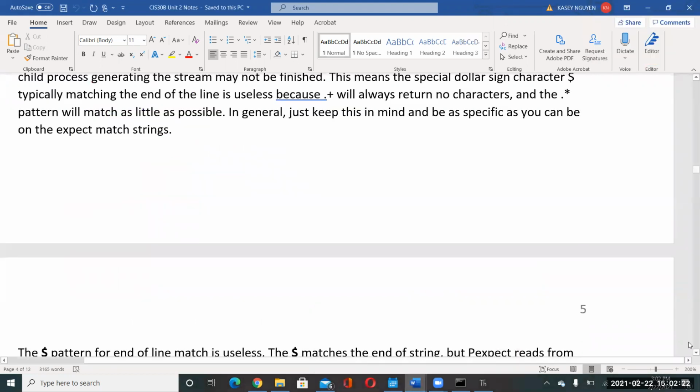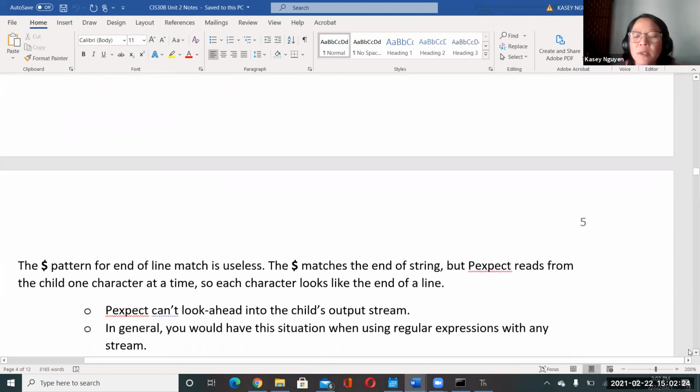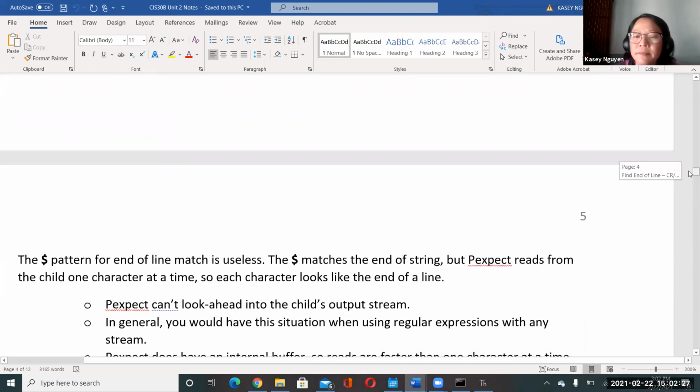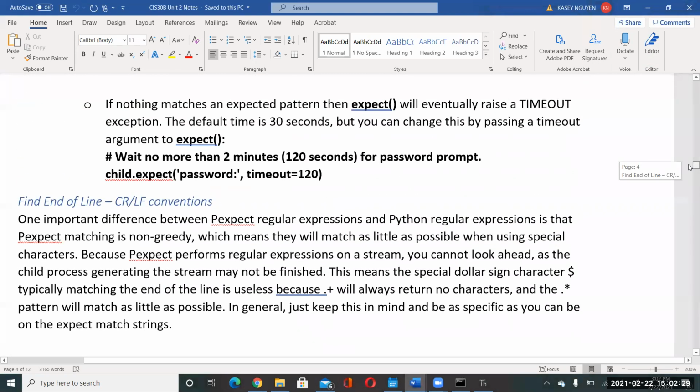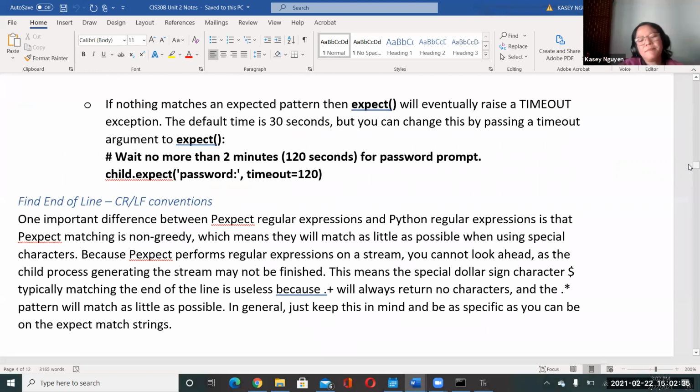I just have a question about the asterisk. Sure. In what situation would the import asterisk not work?